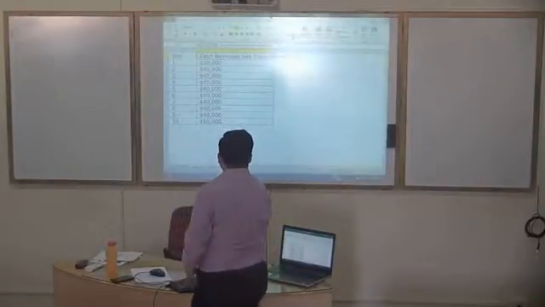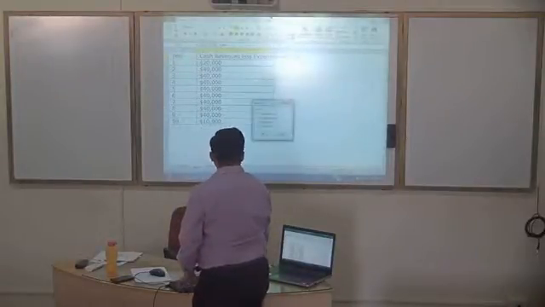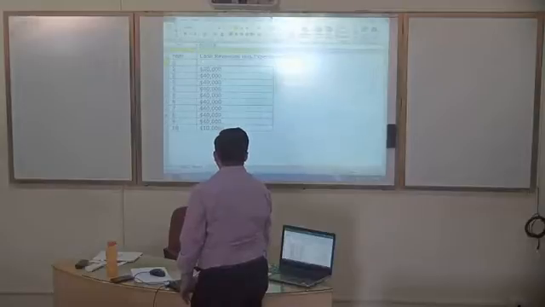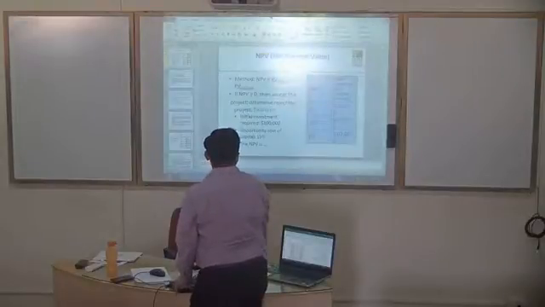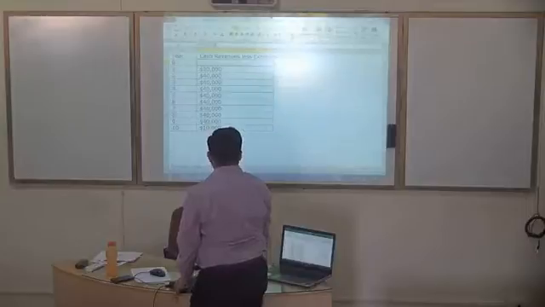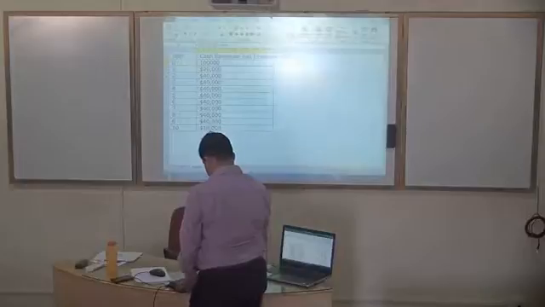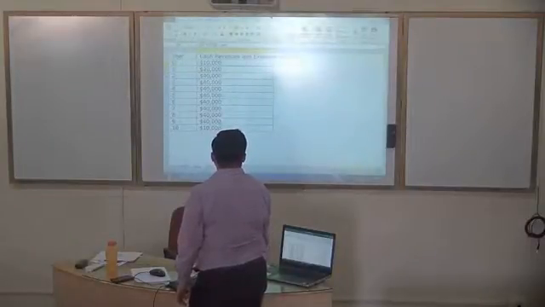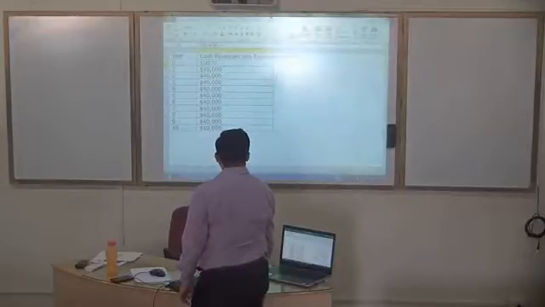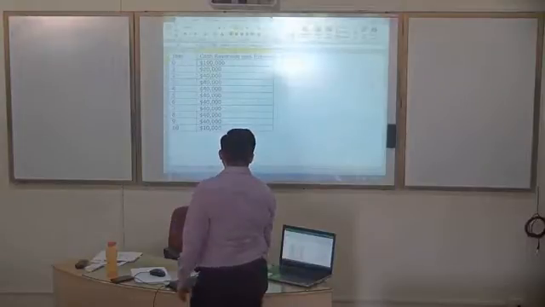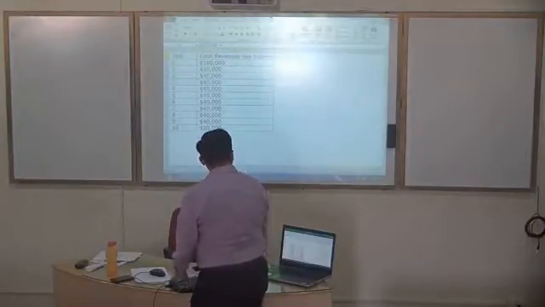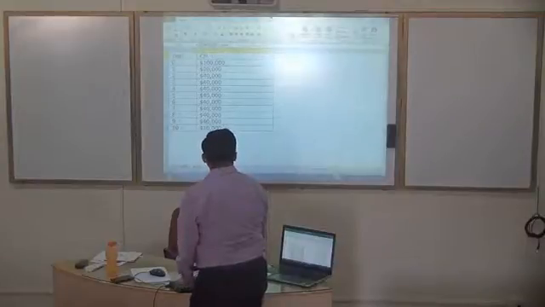So now we have to include another row here as 0, which is the initial investment, which is 100,000. Now we need to calculate the NPV. So let's name it as CF, cash flows.